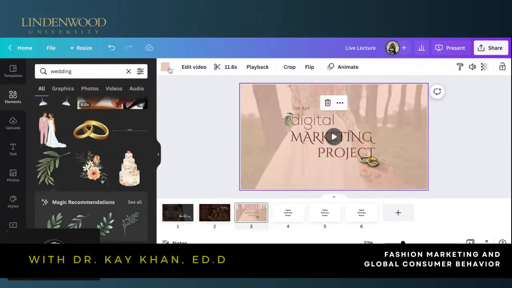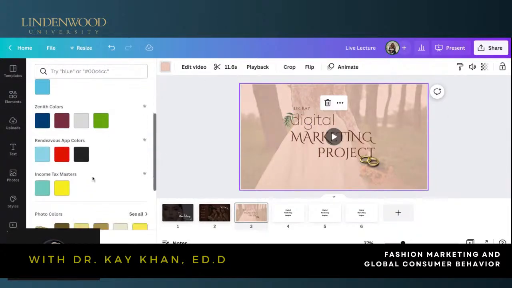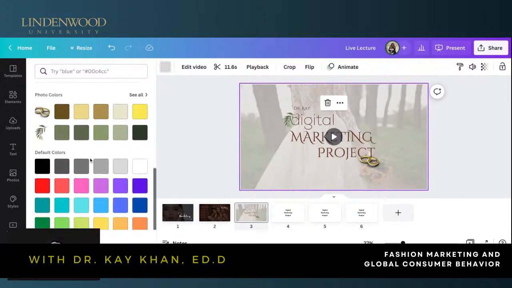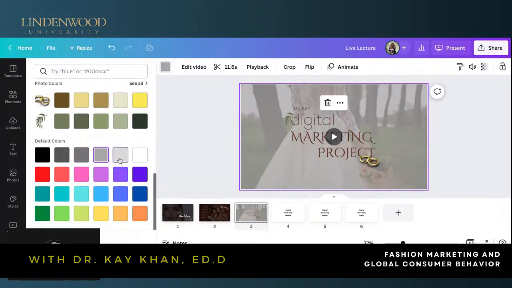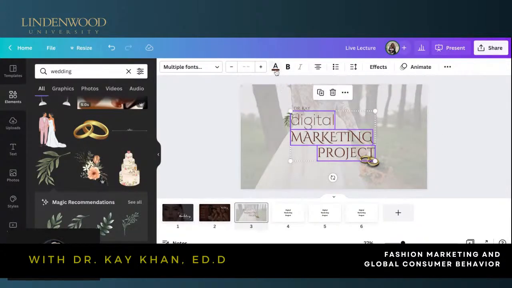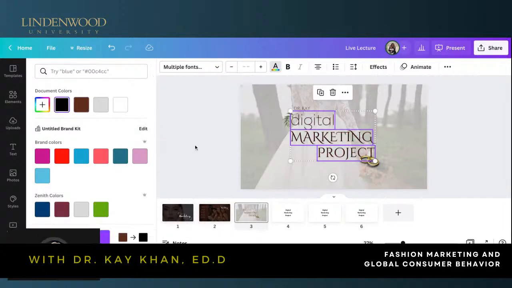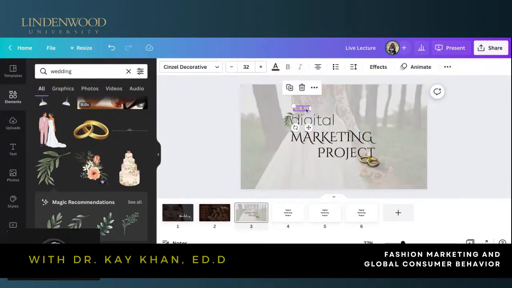All right, so I'm going to take this color. You know what? Let me change this color. It's not really doing it for me. Yeah, I think that's better. Maybe that's a nice muted gray. Let me go a little bit darker in my grays. Nope, that's not going to work. Okay, maybe that's going to work. So let me change these letters to black. So it's okay to play around with your lettering and stuff like that.